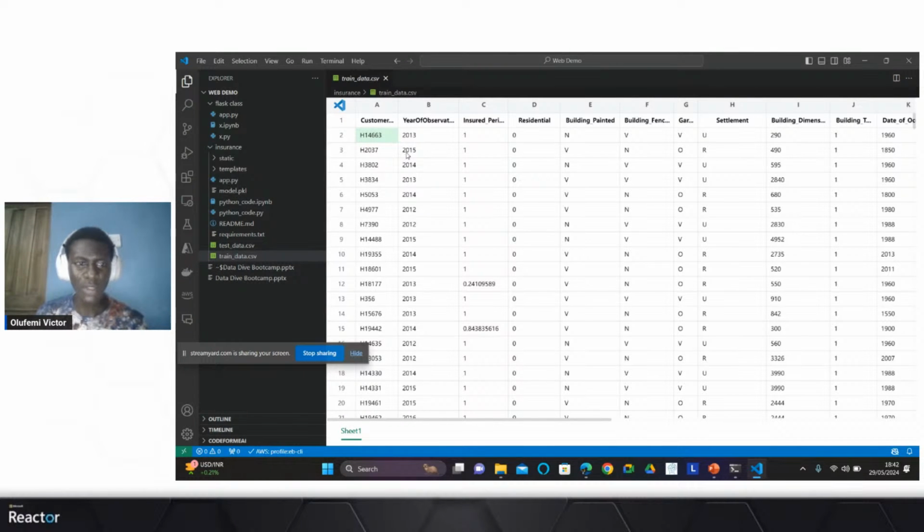So what we're going to be doing is building a machine learning model that models this data, makes predictions, and is then deployed to the cloud.